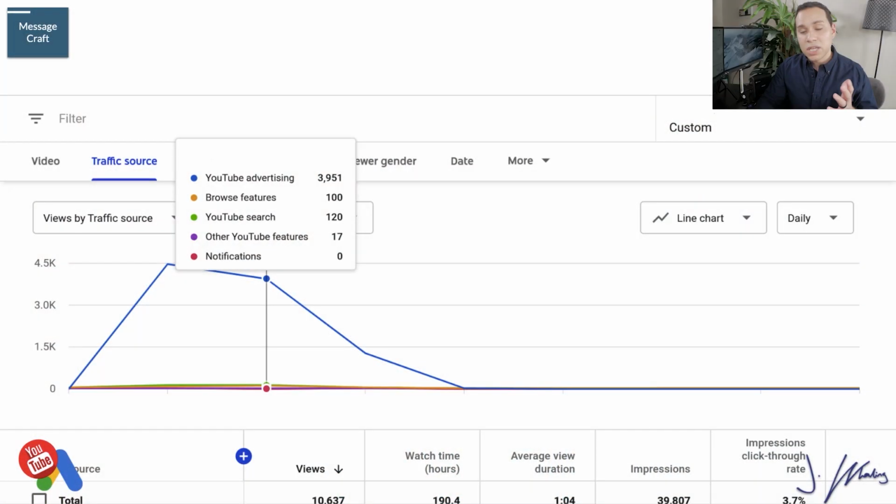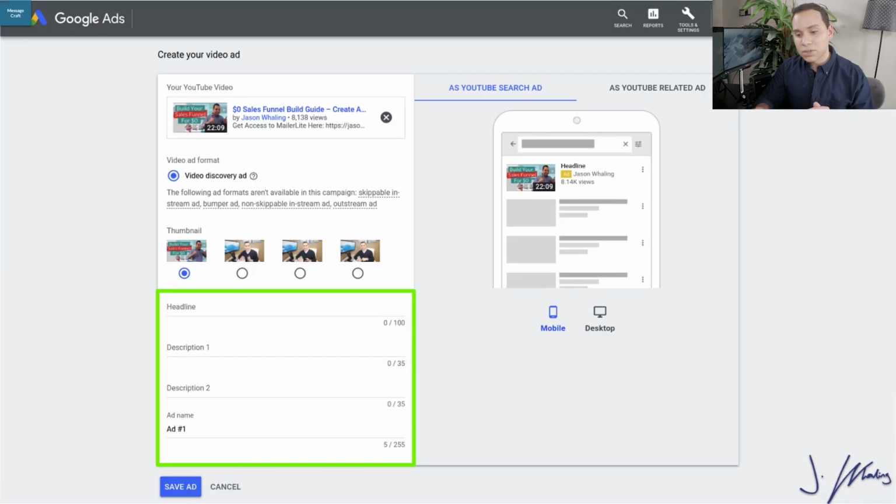So what do you do? You actually want to re-upload the video. Once you've gone through and found a content video that's working really well, awesome. Go ahead and edit 10 seconds of it anywhere. If you want to chop out the end or add something new, just change the video for at least 10 seconds of runtime significantly so YouTube doesn't ding you with duplicate content, and go ahead and upload it as unlisted. And that unlisted video is what you're going to select here in your ad.